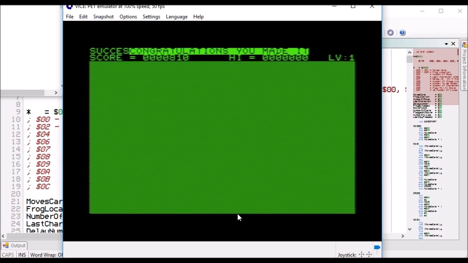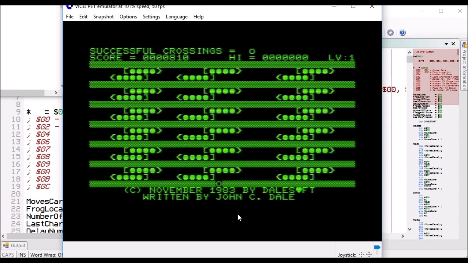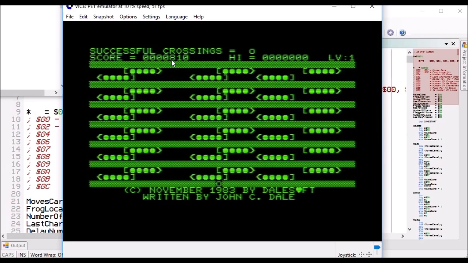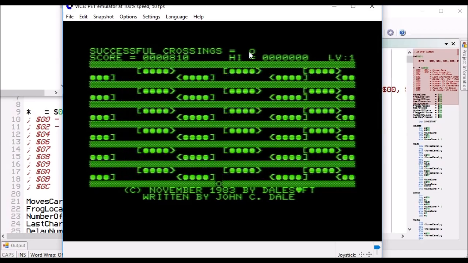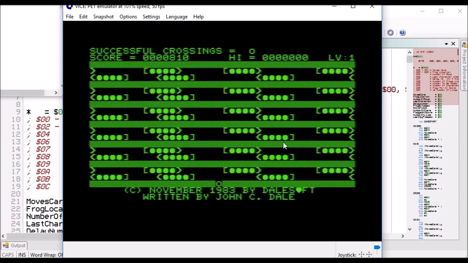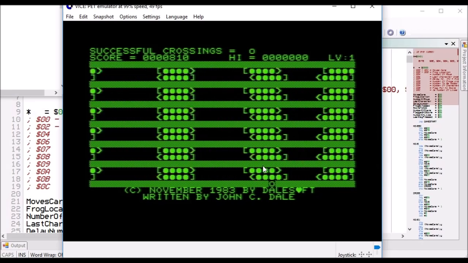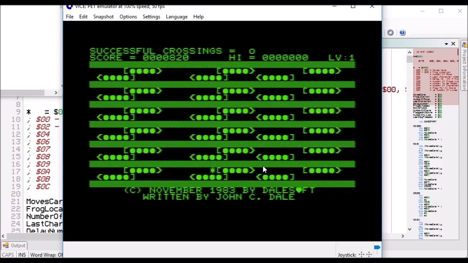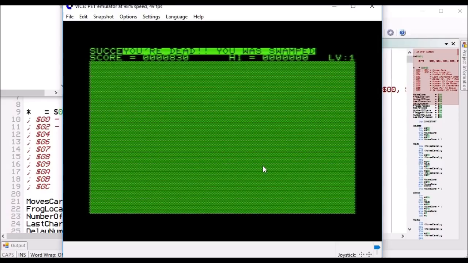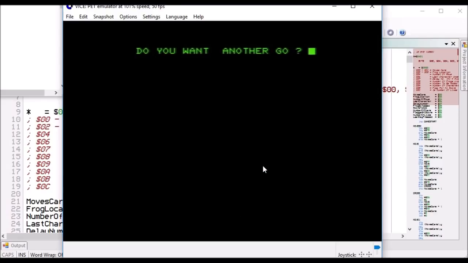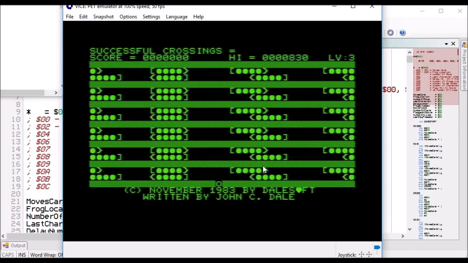Yay! Got one across! And as you can see, it's gone up to 800 because I've had 500 added, and I've got a frog across. So let's see if I can do another one. God, this is hard. Oh, come on, John. Oh, do I want another go? Yeah, I'm looking for punishment. Anyway, so